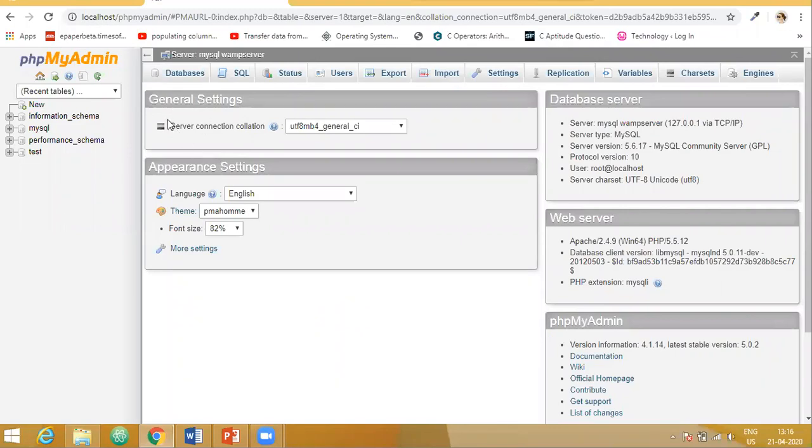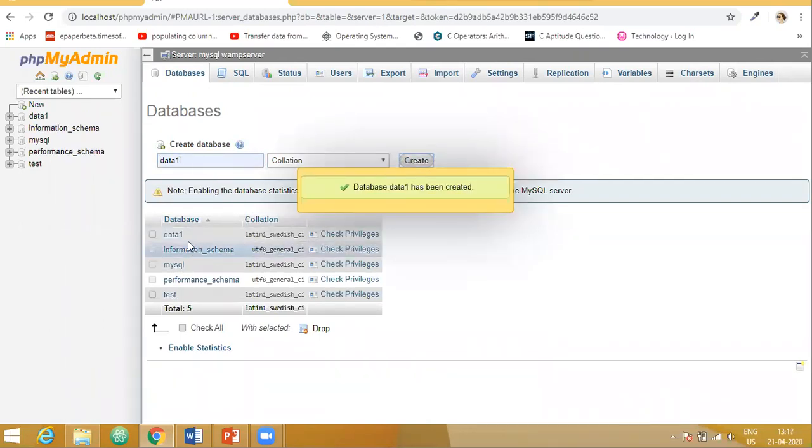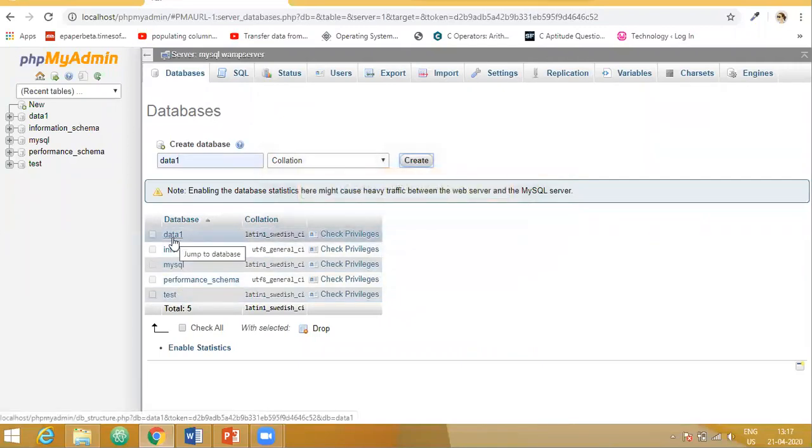If you want to create a new database, you go to this particular tab, you give the database name and say create. Now here you can see the database data1 is created. Here also in the left corner you are able to see the different databases.